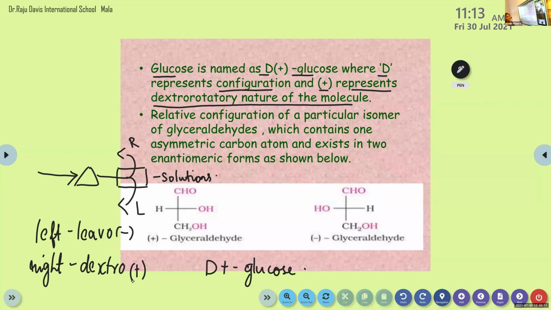This is clear, children? Optical activity. When ordinary light is passed through a Nicol prism, the plane of this polarized light is rotated either to right or left when passing through certain solutions. There are two possibilities, either to right or to left. So based on this rotation, we can label optical activity into two types, dextrorotatory or levorotatory. Dextro means to the right side and levo means to the left side. And plus sign for dextro and minus sign for levo. In the case of glucose, it is dextrorotatory. That's why we are using the symbol plus.